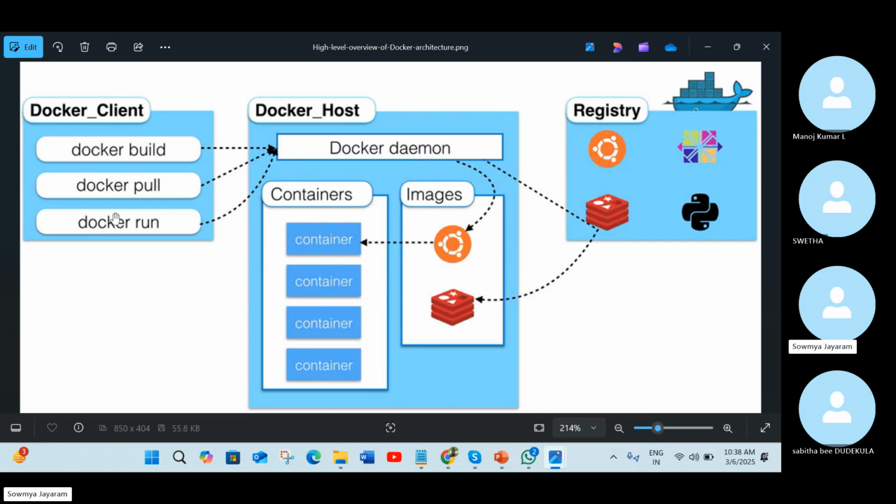Or if you give commands that require only the Docker host, it will just communicate with that. Here it is build, pull, run, but there are many different kinds of commands too. Everything first reaches the Docker daemon, and only after that does it reach images or create a container. So you understand this, right?